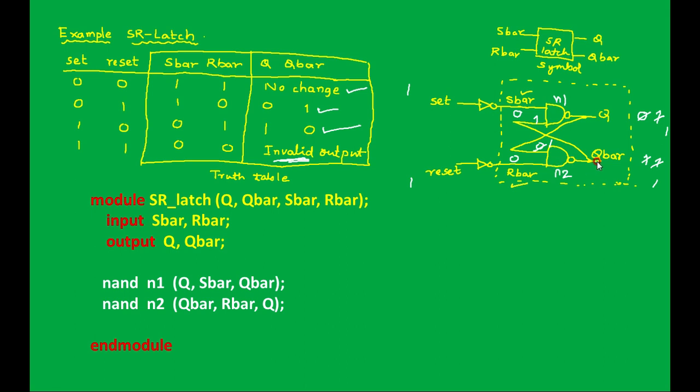Similarly, N2 produces output Q bar, and the inputs are R bar and Q. Q bar is the output, R bar and Q are the inputs. In this order we are writing. So we have developed a module for the SR latch. In the components of a Verilog module we have seen that module name and end module are compulsory. In the case of test benches, input output ports are not defined, port declaration is not defined. Here in the structural description we have made use of component instances. Next we'll see